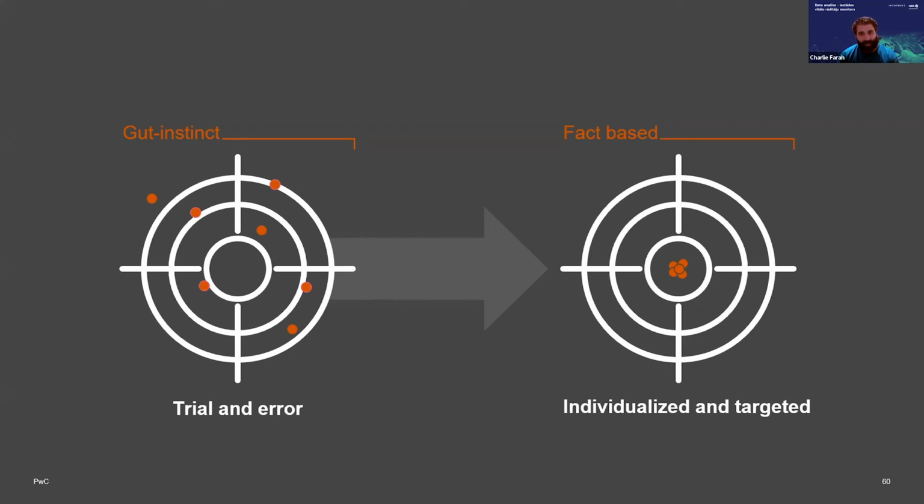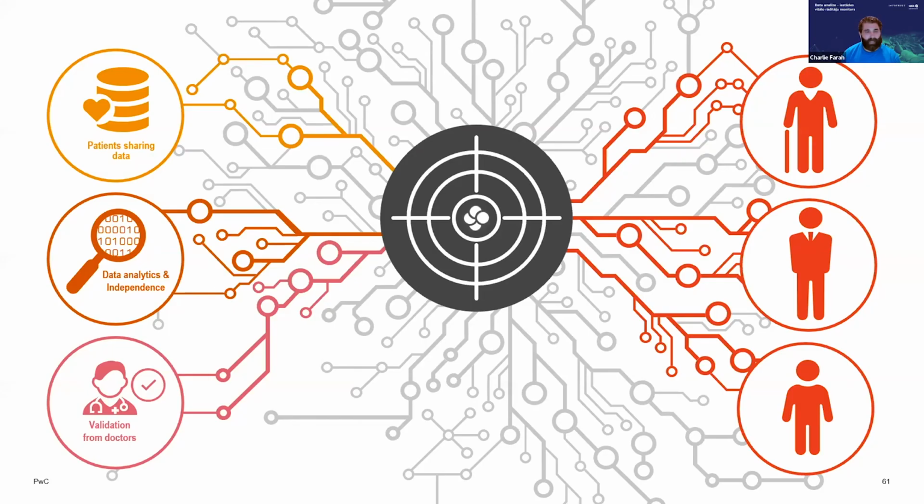So what they do is they use facts and evidence from past patients with similar characteristics to the current patient to become more individualized and targeted with their treatment program. So they use all their data from the past, historical data analytics and independence. They got validation from doctors. They got the current information from the current cohort of patients and doctors on the right-hand side, and then merge